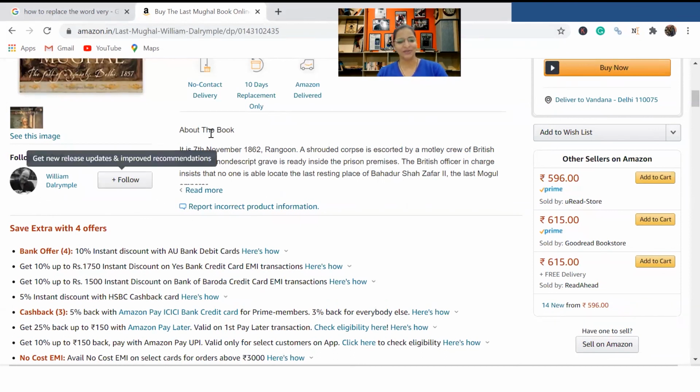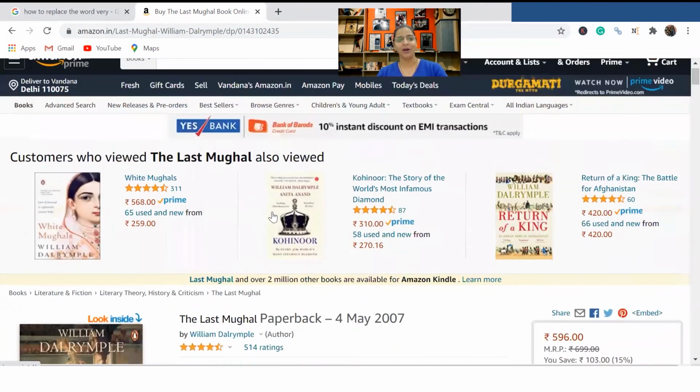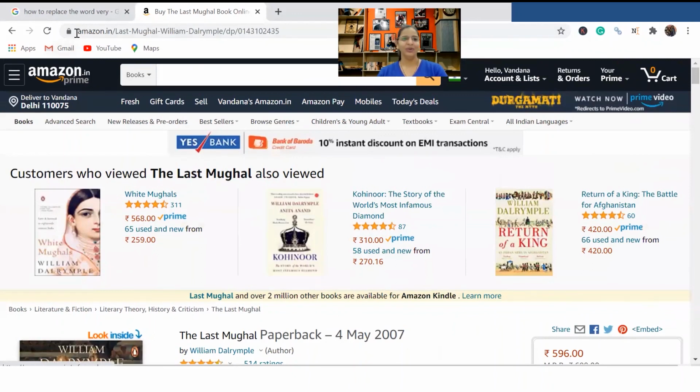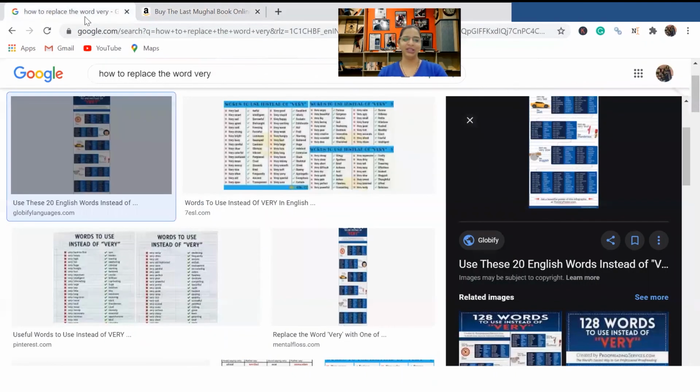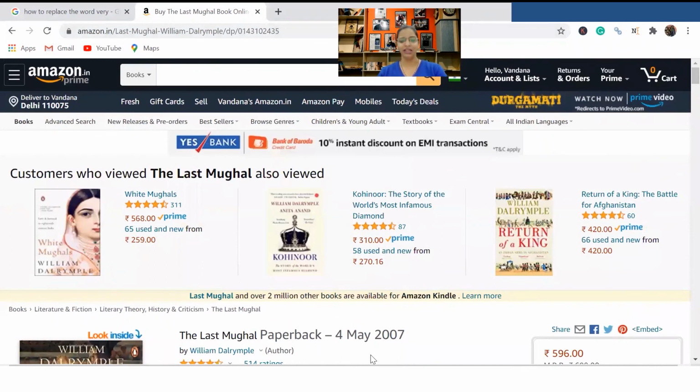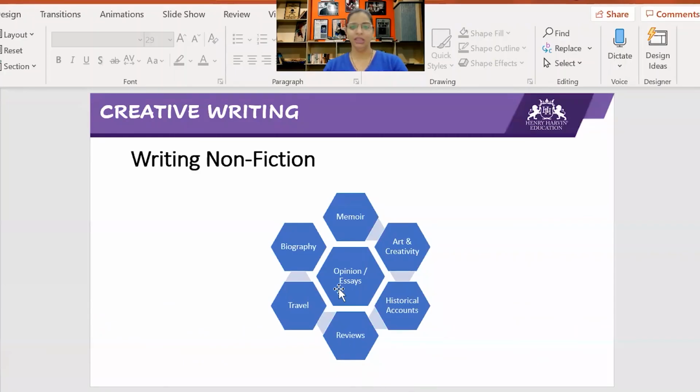So this is one of the best books that I have read about Indian Mughal history, the Mughal reign, basically. This is based on Bahadur Shah Zafar, so you can find it very easily, The Last Mughal. Now coming on to the book reviews, they are obviously your opinions. So mostly your opinion: book reviews, product reviews. You write a product review very creatively, because otherwise why would people buy it? So you have to show your creativity while writing the reviews.